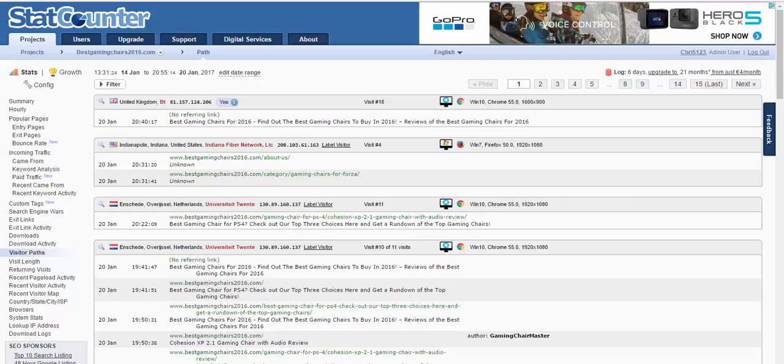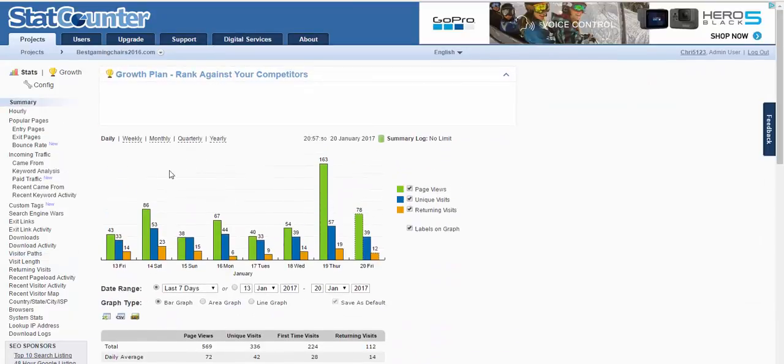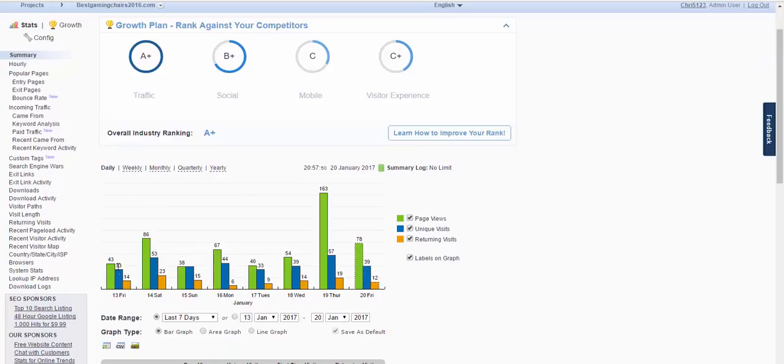You want to keep on going until you get 50 to 100 visitors a day. I'll just show you. So you want to keep on going till you get to this sort of amount. 43, 86, 38, 67, 40, and it will fluctuate. You can see here, it will change. But my point is, over an average, if you're getting an average of 50 to 100 visitors a day,